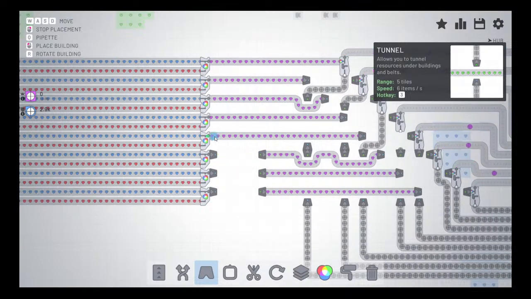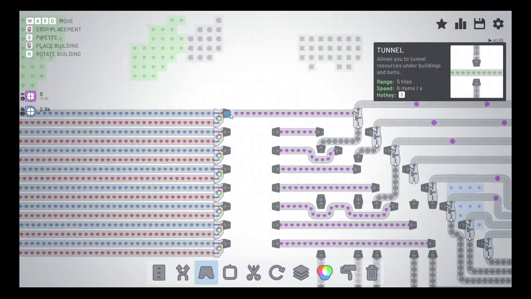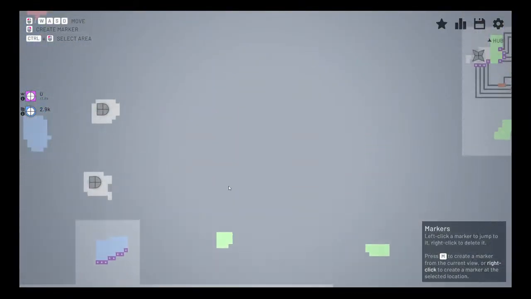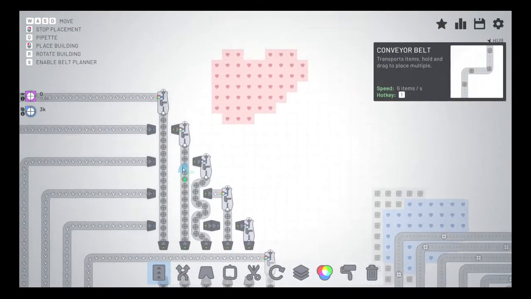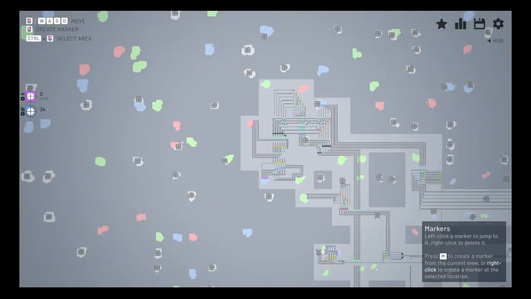Tunnels do have reduced speed, I know. Unless you maximize the distance, is that how they work? I might test that sometime. But yeah, can't wait till we get the long tunnels. Hopefully that's gonna be soon. Are these where the white circles are coming out? Yes, it is. So the white circles...